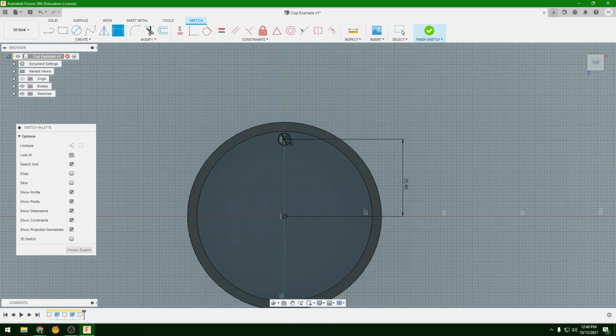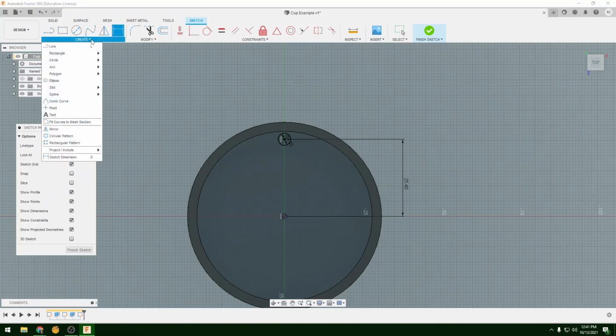So the next step is obviously to pattern that system. So we're going to click sketch, create circular pattern. And now again, it keeps saying that over and over again. You can still use the existing sketch. It's not that big of a deal. So we're going to go to create. You'll see